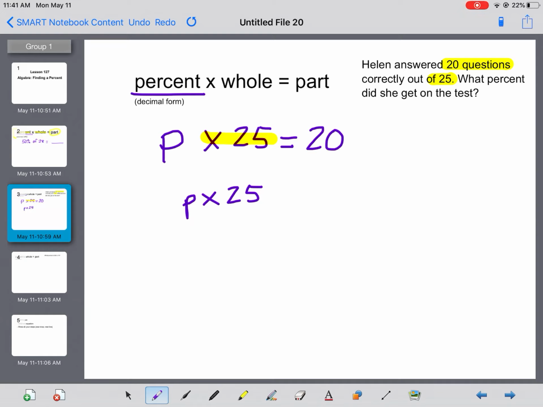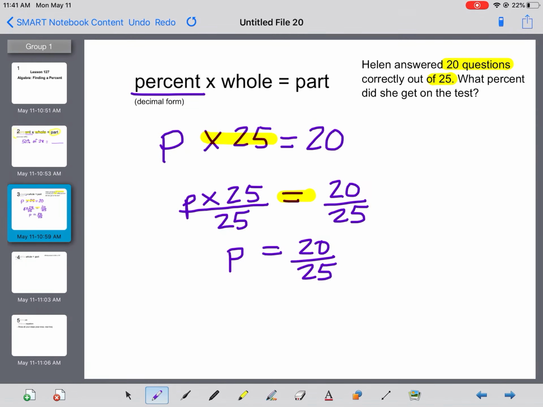And then you should also remember that in algebra, we can represent division with a line, you can think of it like a fraction line. What that is saying is P times 25 divided by 25. All right, and you should also remember that in order for the equal sign to be true, if you do something to one side, you have to do it to the other as well. So we're going to divide 20 by 25 over on the other side. So really what we have figured out here is that P is equal to 20 over